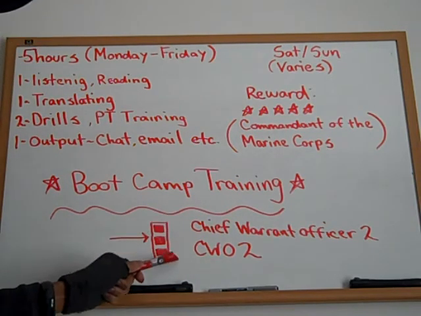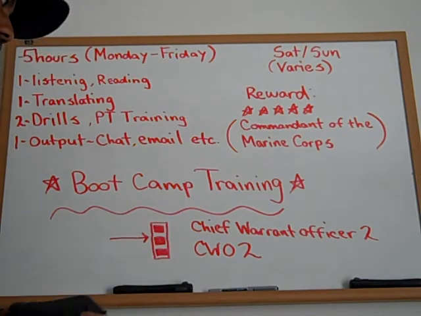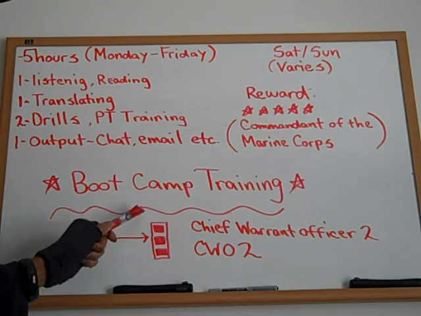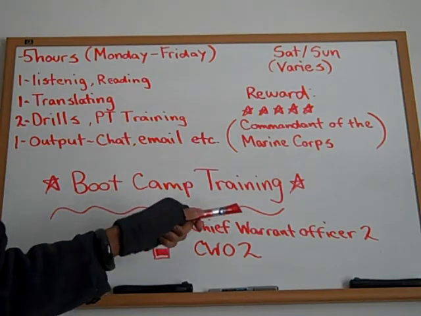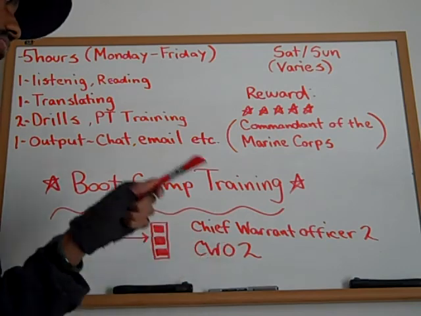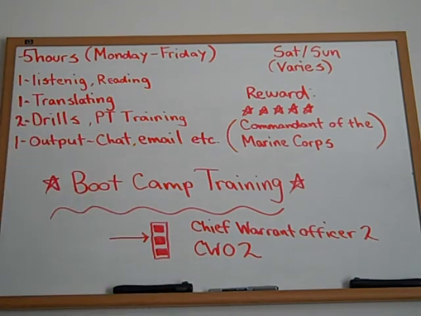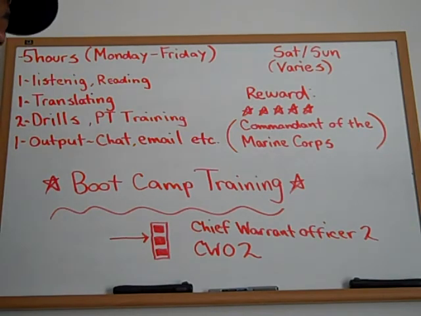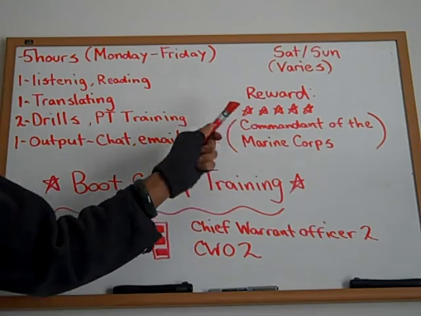If you're in the military, you're familiar with these marks. This is a Marine mark. This is like the beginning stages of the soldier. So I have Chief Warrant Officer 2, CWO2. This is the mark I have now. So as long as I keep studying consistently, and I study right, then my goal is